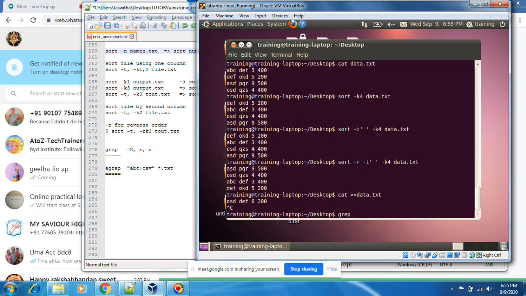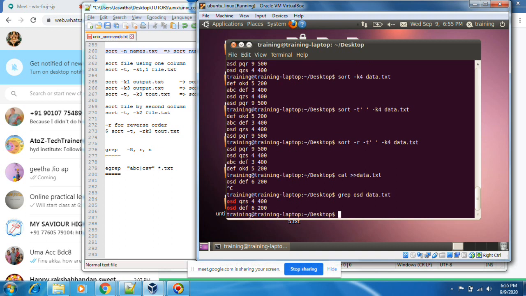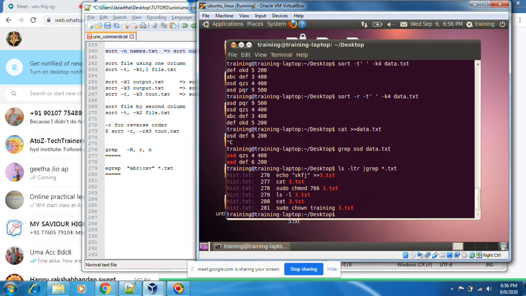You can search anything, OSD, in the file data.txt. Whatever line the OSD word matches, the entire line prints here. That is a simple grep search. Now I want to do ls -ltr and grep star.txt, to list only the text files. Grep can be used anywhere.